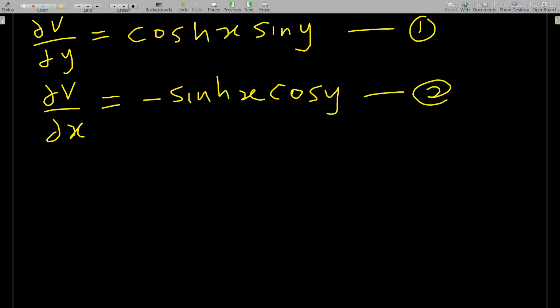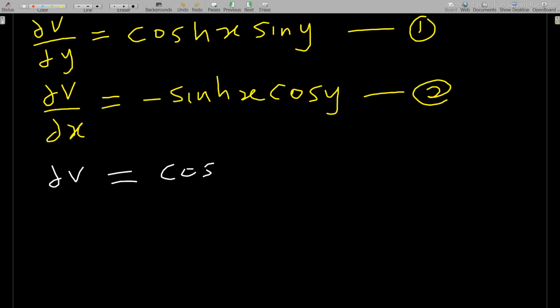Now we are supposed to solve this differential equation. Let's first of all solve for the first one, because that will make us feel comfortable, because this is with respect to y, and the y is just in the sine y, it's not in the cosine. So let's go ahead and use the first one. With the first one, rearranging, I have del v equals cos